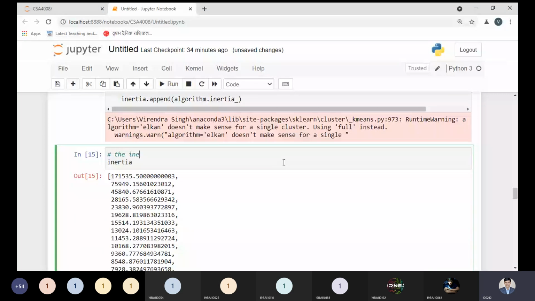The inertia variable holds the sum of the squared distance as per the total loop size that we have decided. So what is the loop? What we have decided, we need to calculate. Here we are getting 15 times. Now this value is clear.